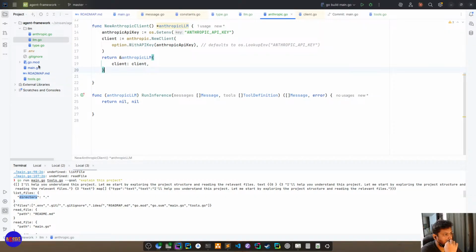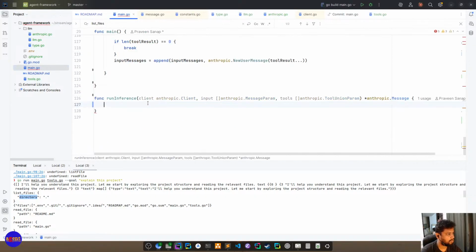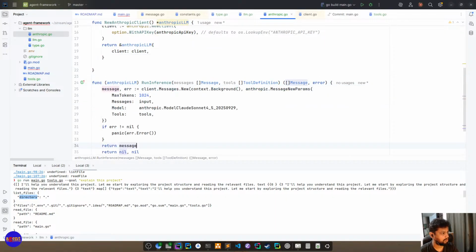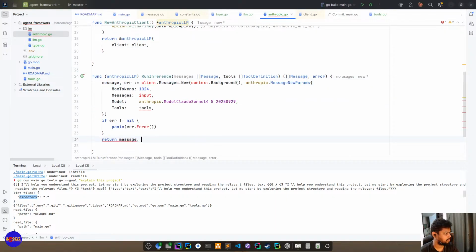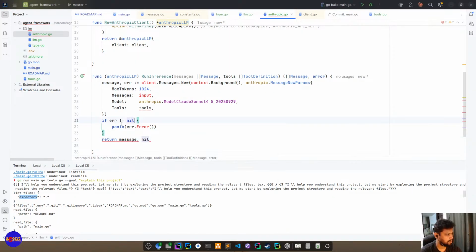Okay. Now we move the run inference code, right? So this one goes here. Here we cannot panic.